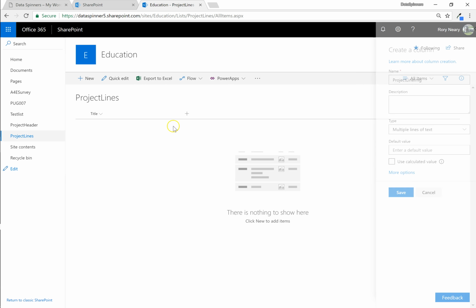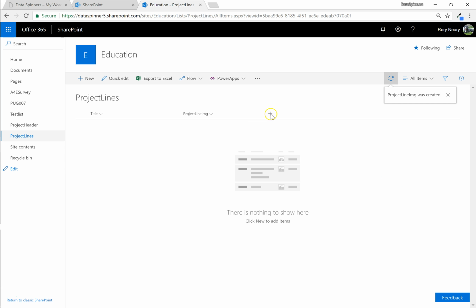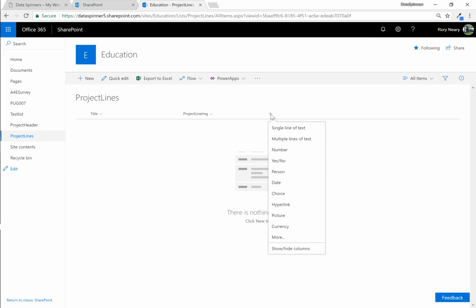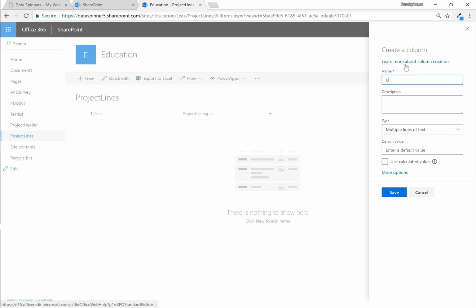It doesn't really matter what order they come out in. They don't need to know the user. We've got an ID field in this anyway, so that's not too bad. We will do multiple lines of text and put user comments. User line comments, because it will be confusing later on. User line comments,